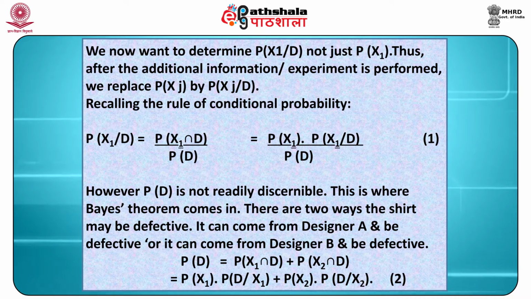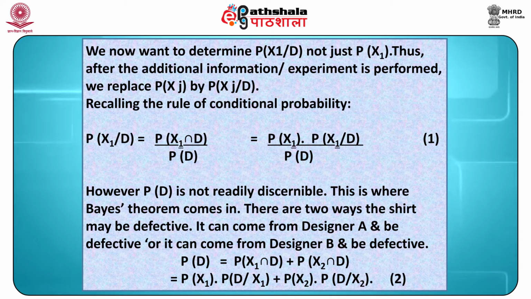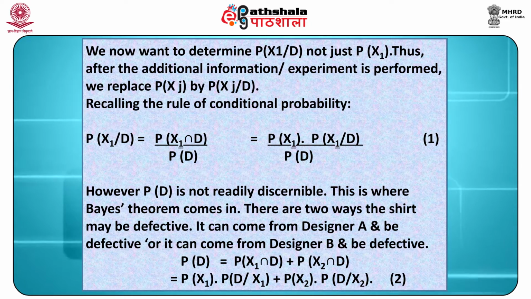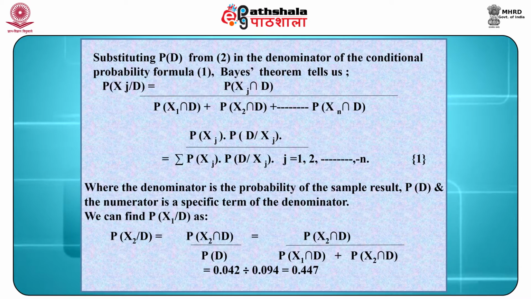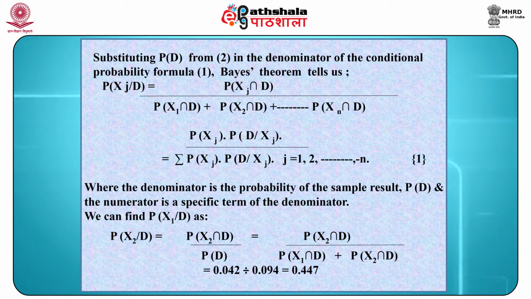So, using the rule of addition given below, P(D) is equal to P(x1 intersection D) plus P(x2 intersection D), which is equal to P(x1) multiplied by P(D divided by x1) plus P(x2) multiplied by P(D divided by x2). This is the second equation. So, substituting P(D) from the second equation in the denominator of the conditional probability formula in the first equation, Bayes' theorem tells us that P(xj divided by D) is equal to